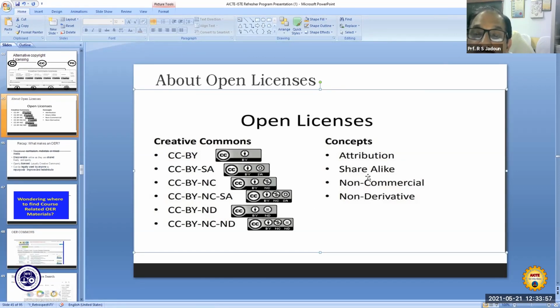So attribution, share alike, non-commercial and non-derivative, these are different terminologies used in these licenses, and here you can have a lot of flexibility, and complete freedom is available that for your own use, you can always use the entire OER content available at different places.